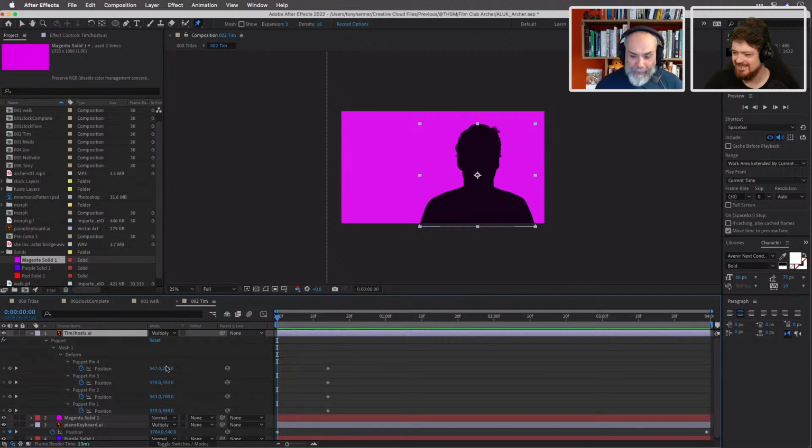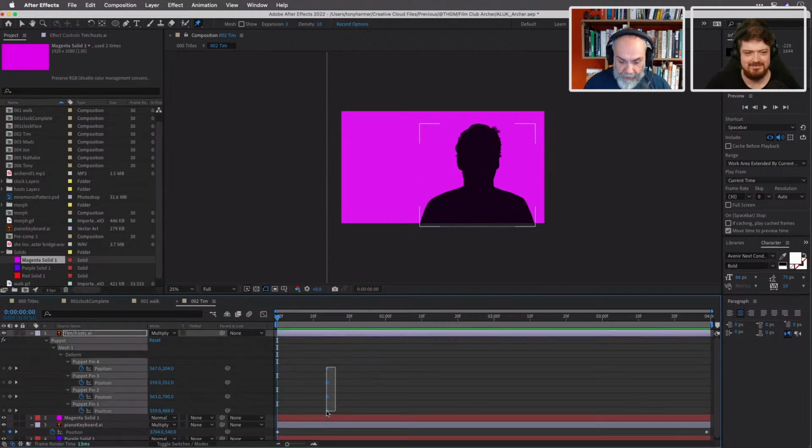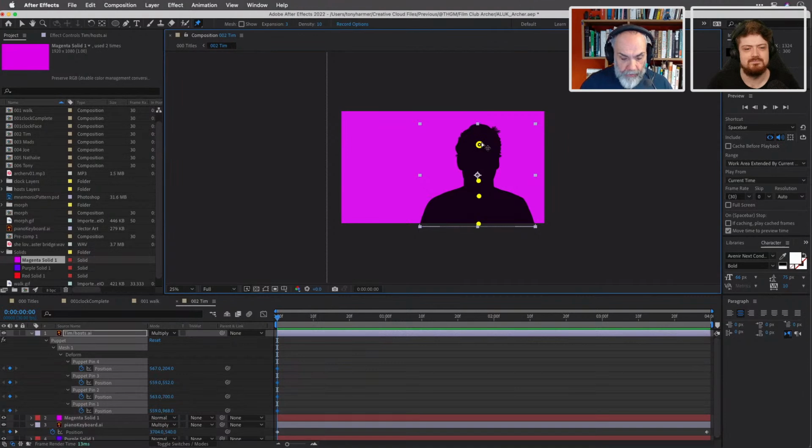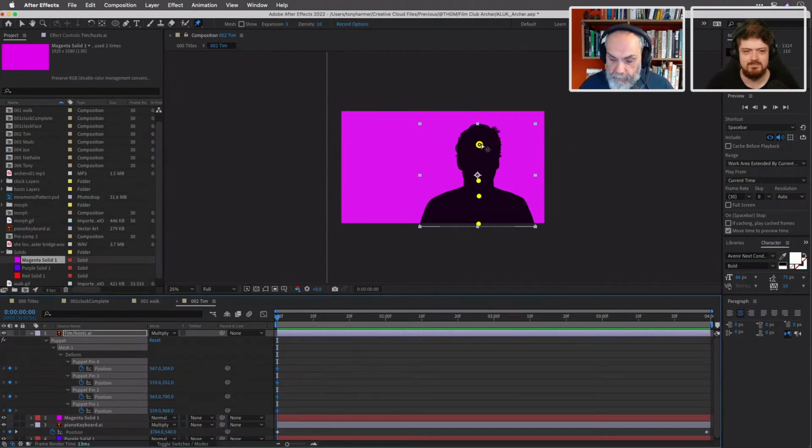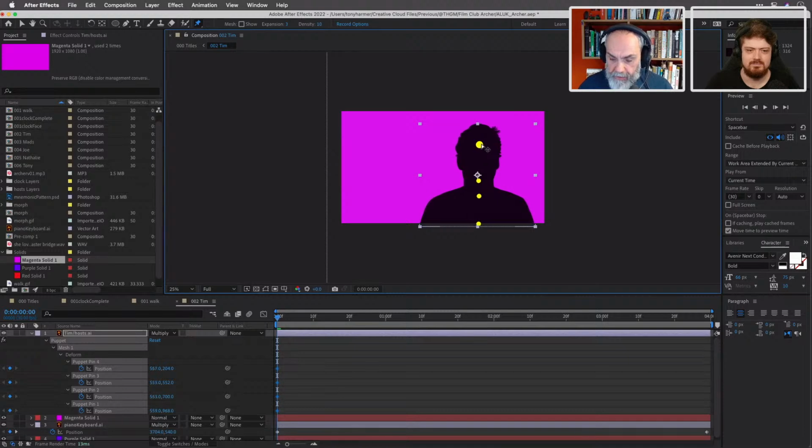Okay, so you can see the pins that are added here if I go ahead. And those keyframes from where the pins have been added are too far on in the timeline. So now we can go ahead and start working. This is the pin that I'm going to be manipulating, which is pin 4. I'm going to push this over to the side just a little bit.